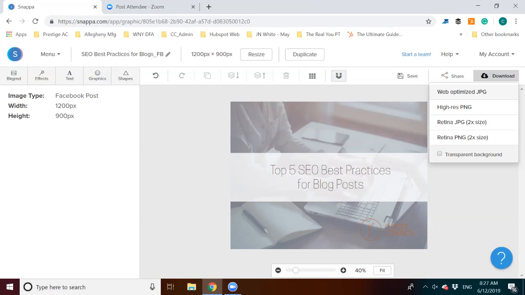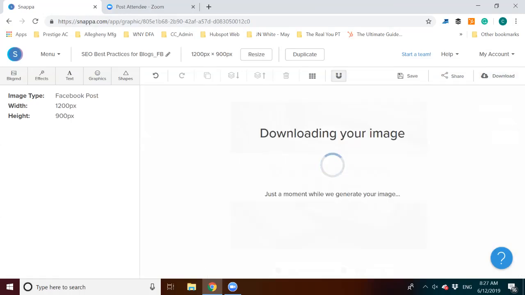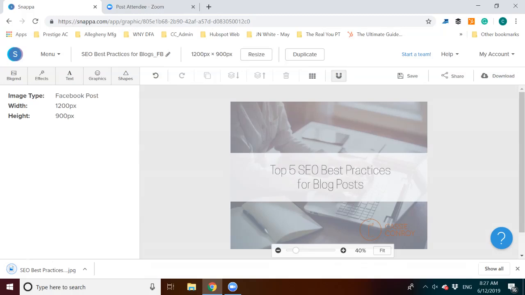So we do that, and there's my download, and that's about it. So that is creating a simple graphic in Snappa. I hope you find it